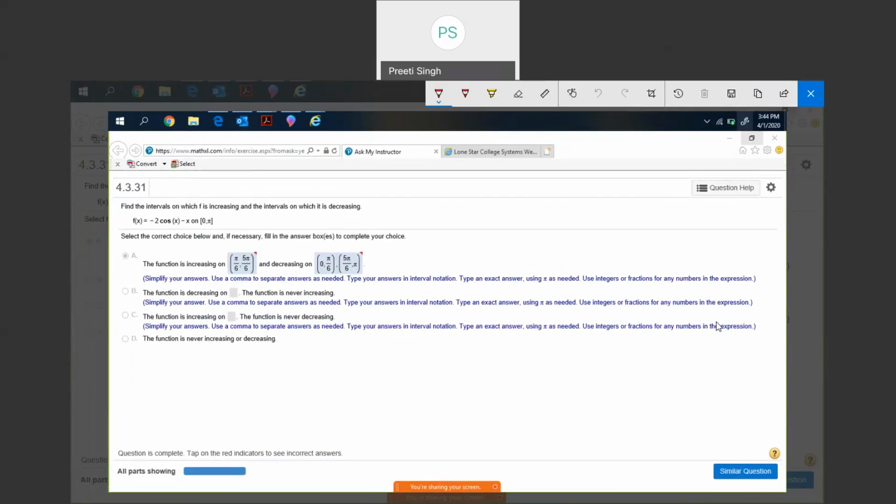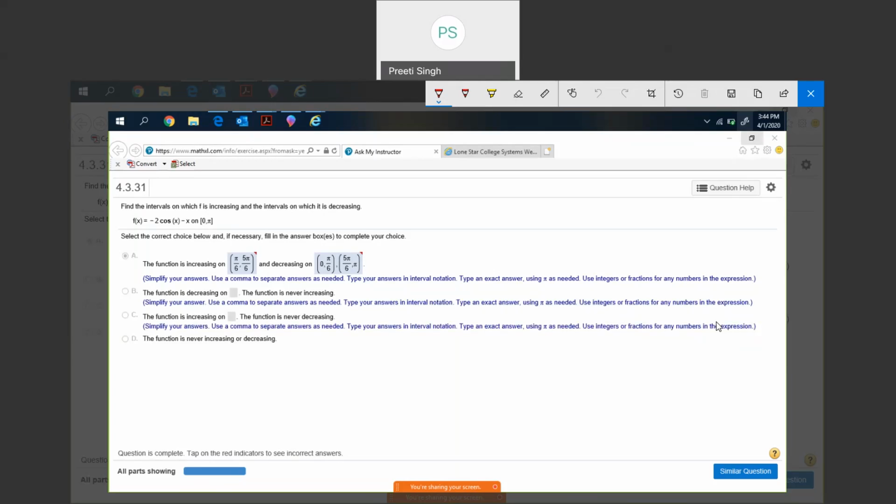So again, it's a trick problem. I don't need to find the domain or intercepts, and I don't need to graph it. I just need to figure out the intervals of increasing and decreasing of this function analytically. The interval given on which the function is defined is 0 to pi, and the function is a trig function. So to find the intervals of increasing and decreasing, firstly, we need to find the critical points of this